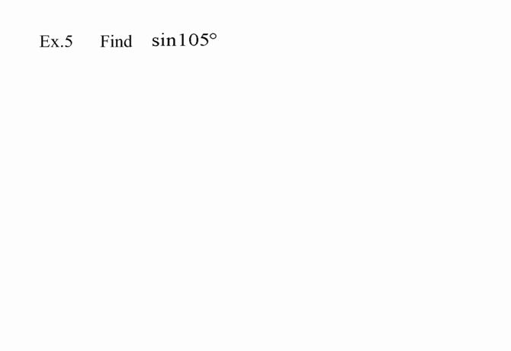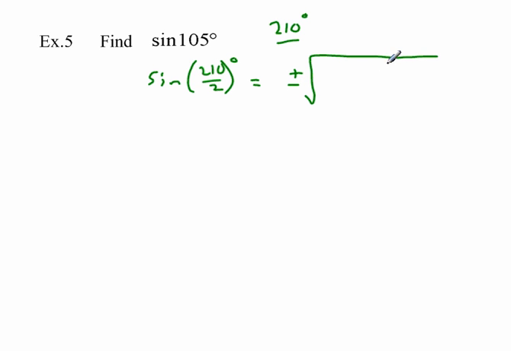Okay, so let's look at a couple examples using this. If we want to find the sine of 105 degrees, now 105 degrees is not on your unit circle, but 210 degrees is. So we could find the sine of 210 divided by 2. We're really finding the sine of half of this angle. All right, so I'm going to use that half angle formula for sine. The half angle formula for sine is plus or minus the square root of 1 minus the cosine of 210 degrees, all over 2,